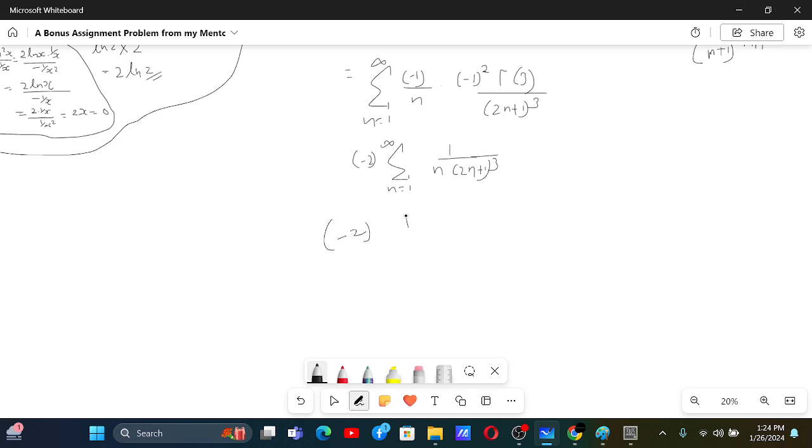Minus 2 times the sum from n equals 1 to infinity, and that will be 1 by n, then plus minus 2 by 2n plus 1,